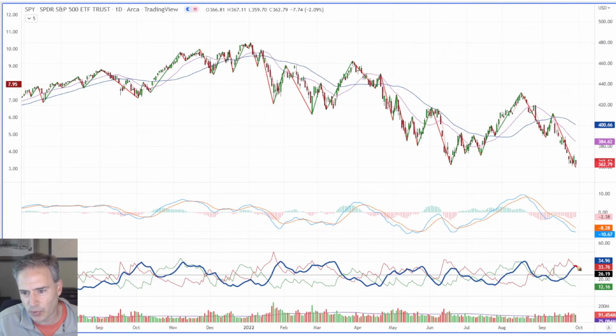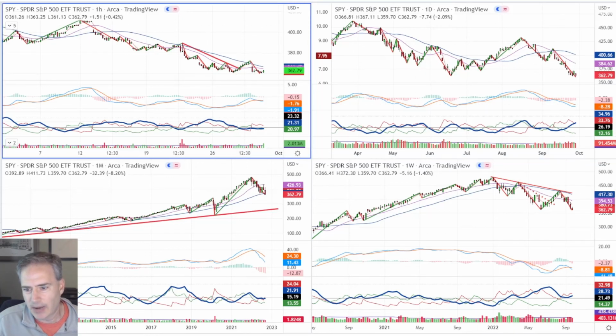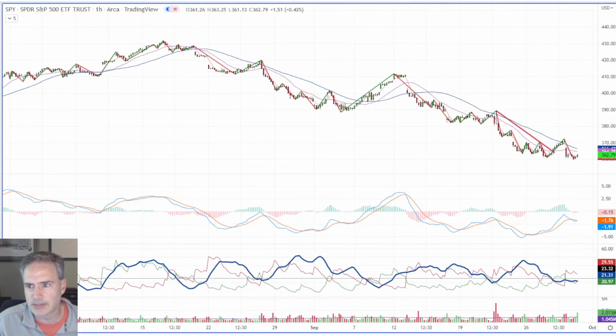Now, if this line were to roll over early next week, then you could be looking for a better rally to develop. But again, I'd be very cautious because we have momentum confirmation on both of the 2 time frames that are really important right now, the weekly and the daily. Now, I want to point out the hourly because we had a pattern that developed back here where we broke the trend line, we tested, and then came back up through here, okay?